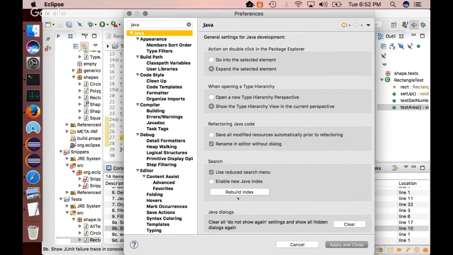So there is a rebuild index button which is provided, which will delete both the index files, the new index file and the classic index file, and rebuild them from scratch. And in case the new Java index is not enabled, then it will rebuild only the classic index file. And this button can be used in case you think that the index files have been corrupted and